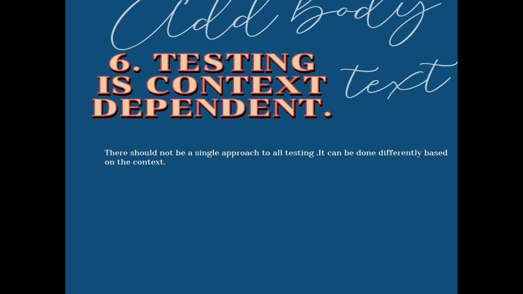The sixth is testing is context dependent. So what does this mean? There should not be a single approach to all testing. It can be done differently based on the context. So there are two different applications. Suppose